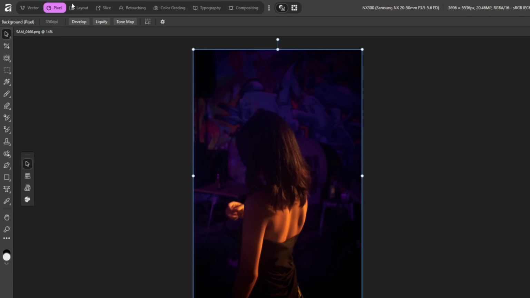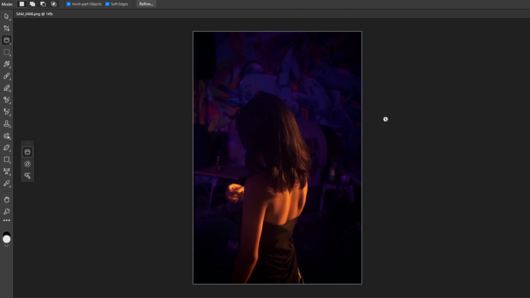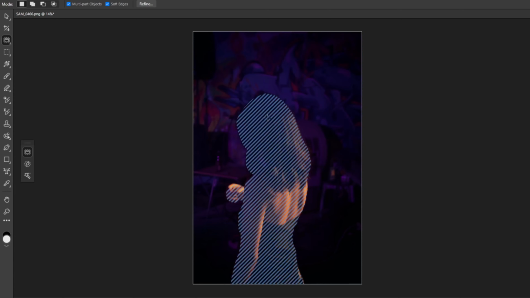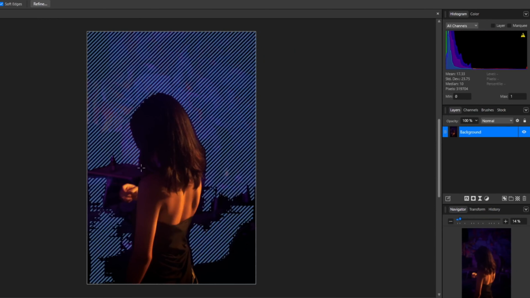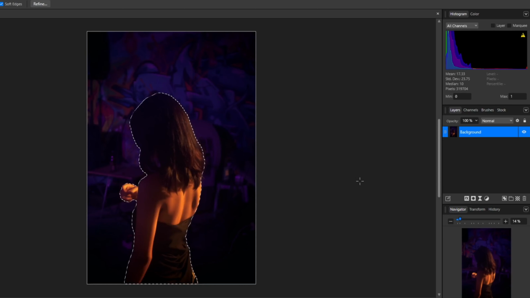So I'm going to start here in the Pixel Studio, and what I'm going to do is select the object selection tool. Usually the first time you click this tool, it's going to take a few seconds to analyze the image. Just go ahead and give it a few seconds to do so. But once that's done, as you can see, as you mouse over your image, it's going to show you what objects are being selected. So I'm just going to quickly go over and select our subject here and give it